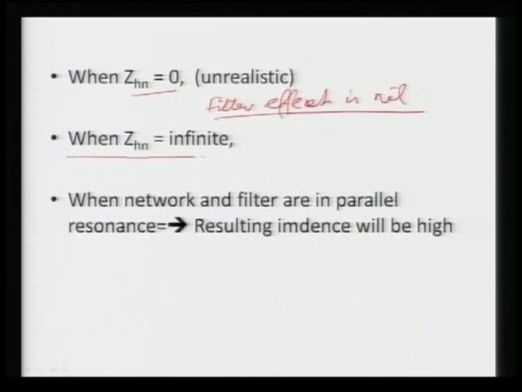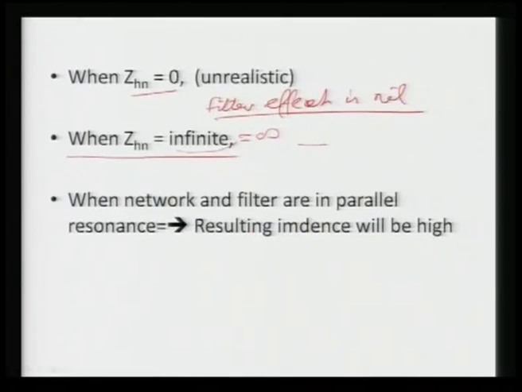Another case is where the network impedance ZHN is infinite. Now, it behaves as an open circuit. This is the pure condition in which the harmonics generated pass through the filter and do not go to the network, and we require this condition. It is basically the ideal condition, I can say. But it is not possible, neither can we have infinite nor 0, it is in between, and therefore the network and filters are in parallel, and sometimes they may form a resonance.